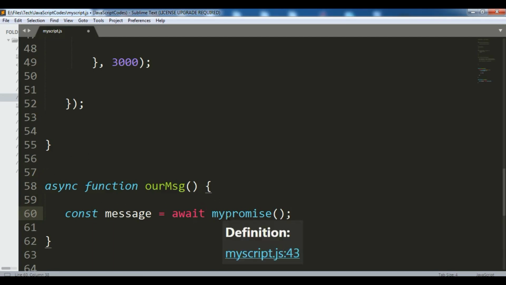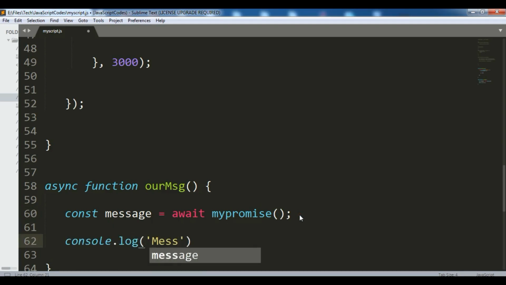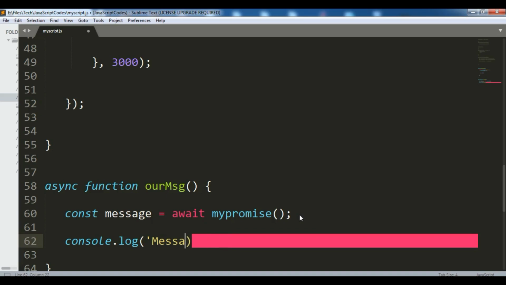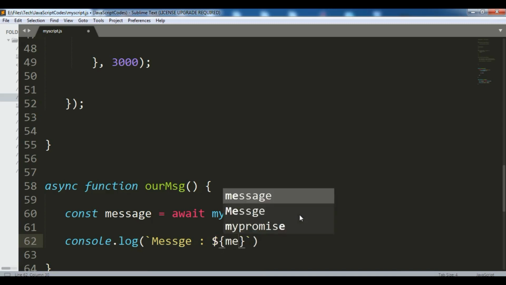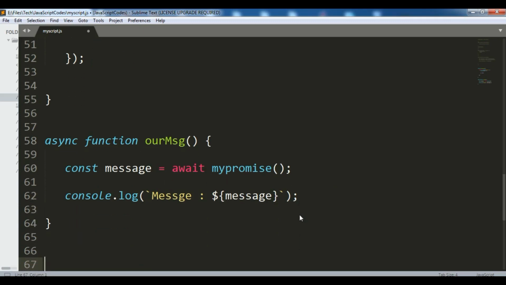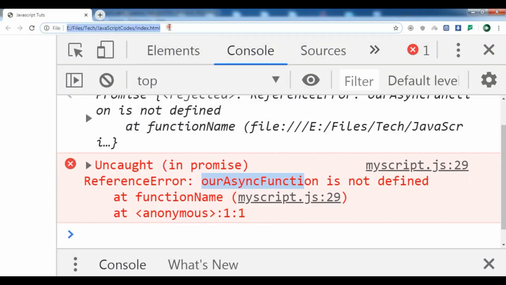Now using this, we are going to say that please wait until the promise has been resolved or rejected, and it will wait for the rejection or resolving of this promise. Now if I say console.log message, so let me just use template literals in here, backtick, message, now let me just call our message in here, and now if I refresh this,